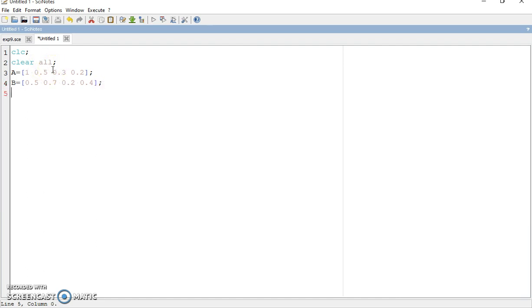First we have to find the complement operation, so we find the complement of A as A1.